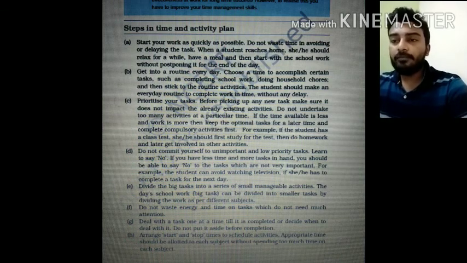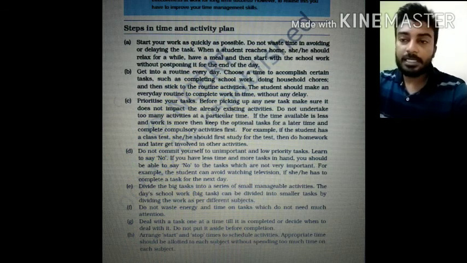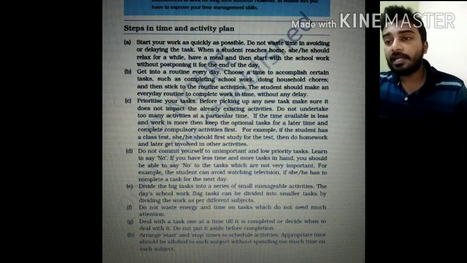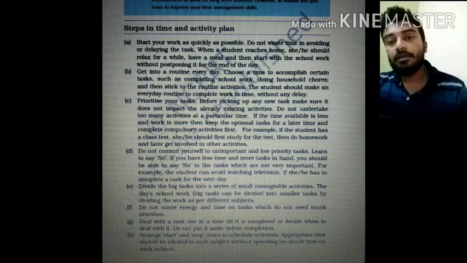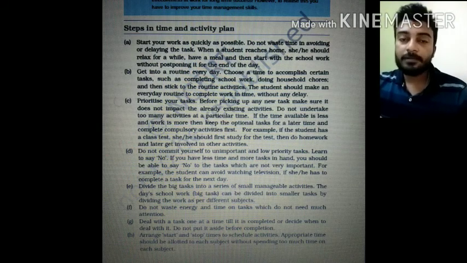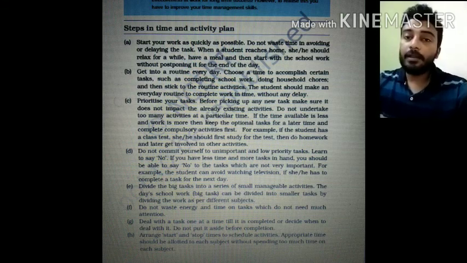Next we are going to look at the different types of activities: compulsory activities, optimal activities, optional activities. Next time we will be reading about the types of activities. Till then, go through this chapter, and if you find any kind of problem, I have always told you this, that